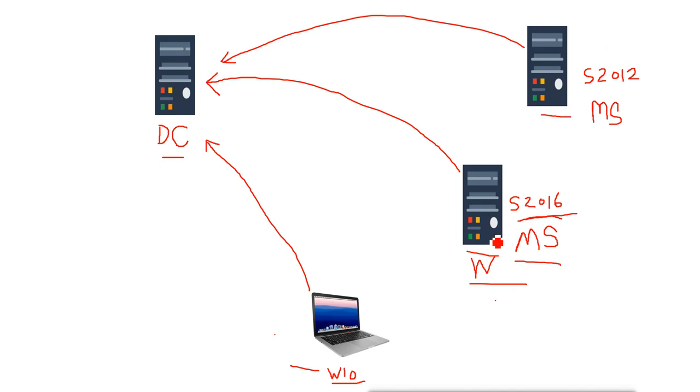Now member servers can be a graphical server or can be a core server. If it is a graphical server, then making a server a client is the same as we did with Windows 10. The same way we make this Windows 10 machine a client, we can make Server 2016 or Server 2012 or Server 2008 also a member of the domain.